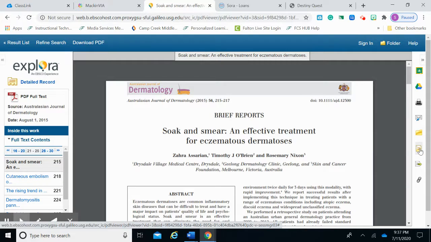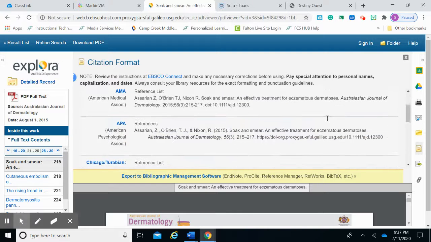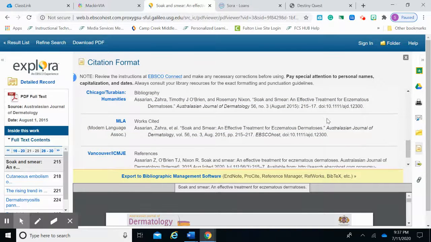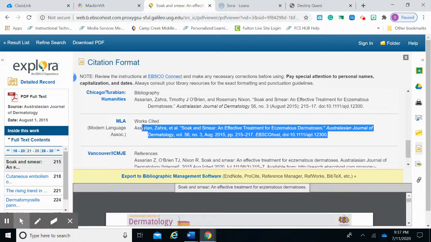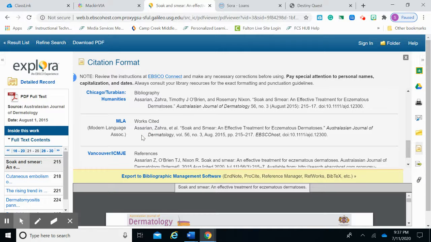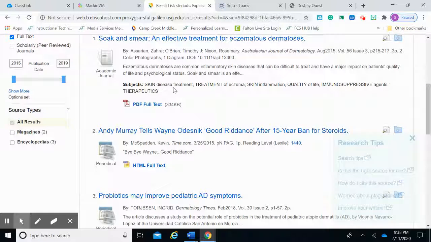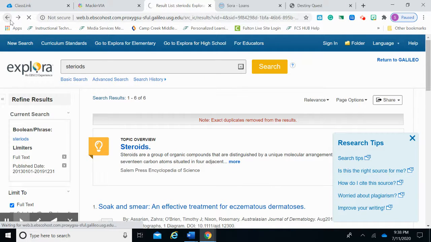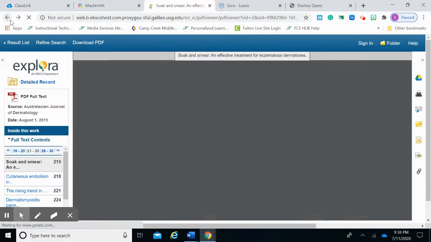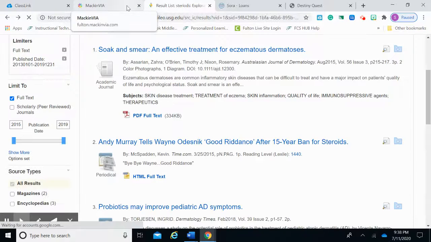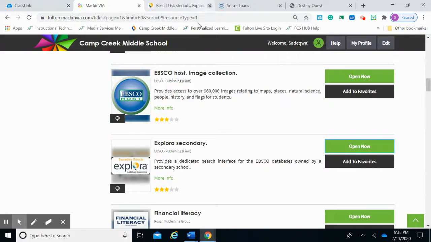You want to make sure that you're able to cite your work. And we use MLA. So you can simply copy and paste it into your works cited page. I'm going to go back out of this. And see if I can quickly show you